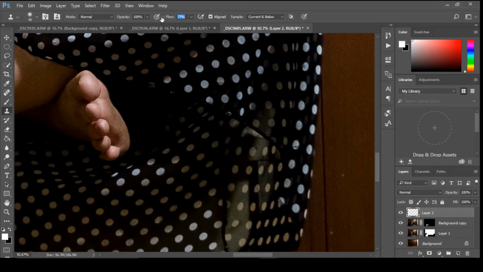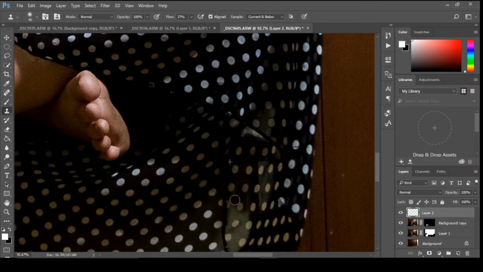Always help with your clone stamp tool to lower the flow from here. It makes it easier. Always select new patterns when you want to clone stamp something, so it makes fewer mistakes.